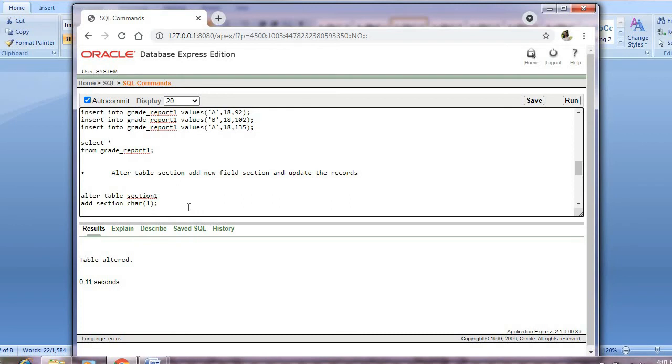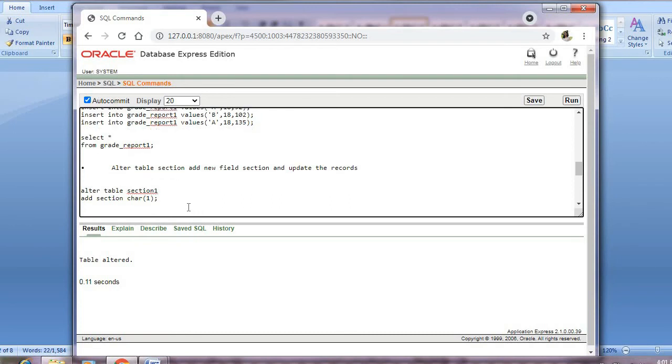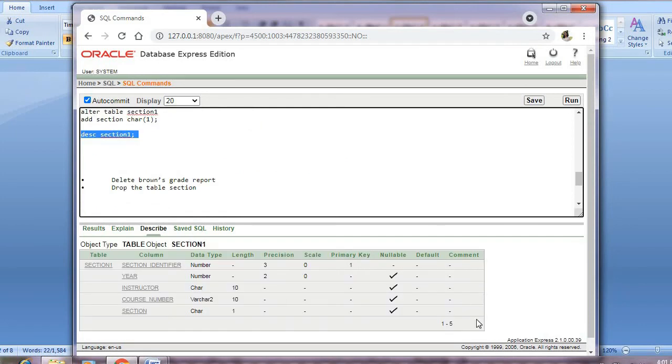Now we'll see how my table looks after altering. I'll use DESC and then give section1. See here, I've added one more column, section.